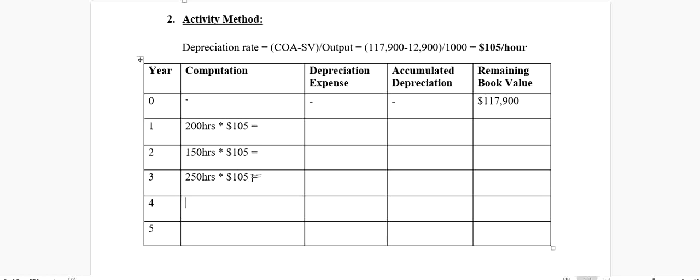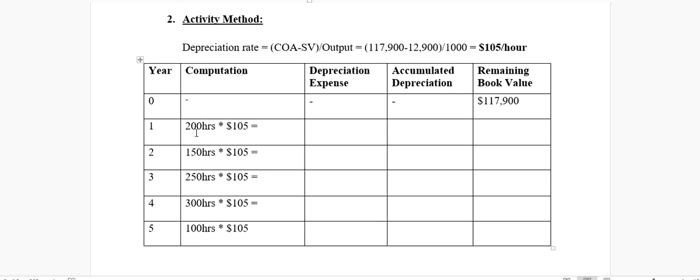Likewise, in the fourth year it was used 300 hours, and again the rate remains the same. So the constant thing here is the rate, not the quantity of hours that we have used the machine. It just depends on my demand or on my production. If I am producing more, obviously the machine will also work more,